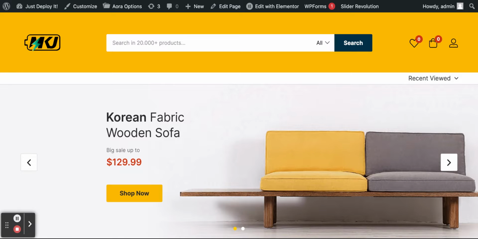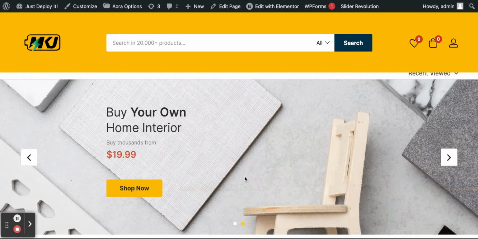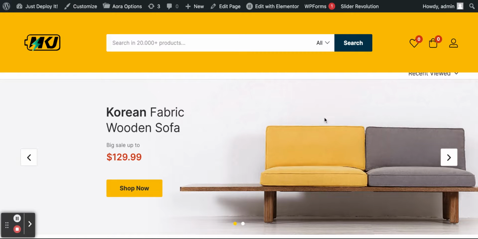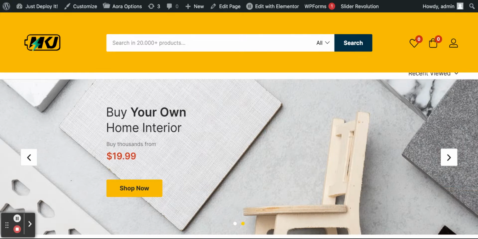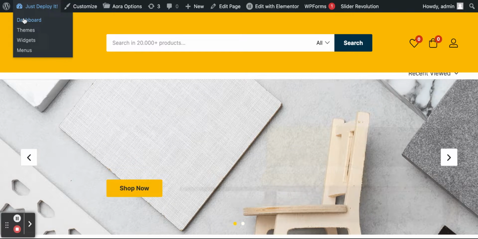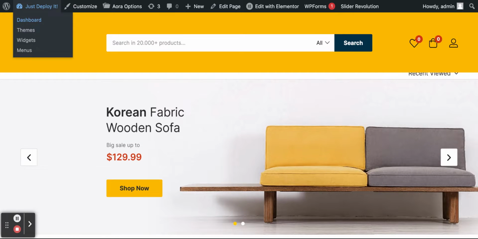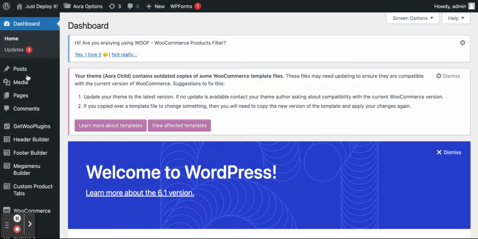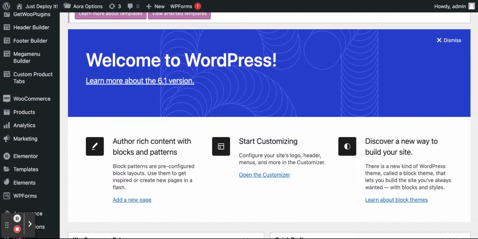So in today's video, I'm going to show you how to change your landing slider page. So over here, as you can see, what we're going to do today is change this slider to have our product and our information. So we're going to start by going to the dashboard. And once we've got into the dashboard, we are going to go to